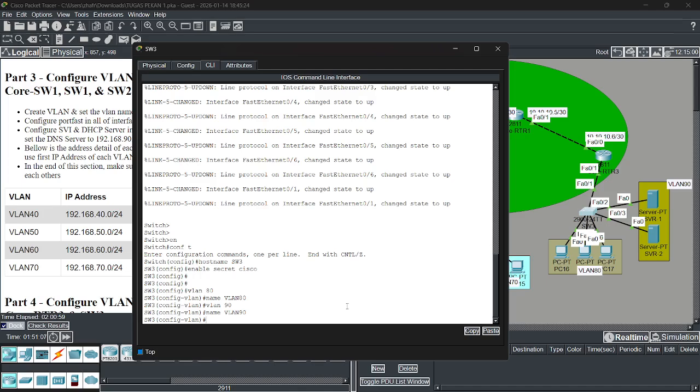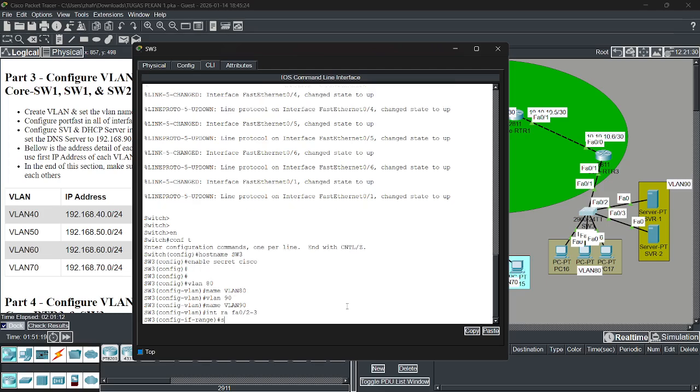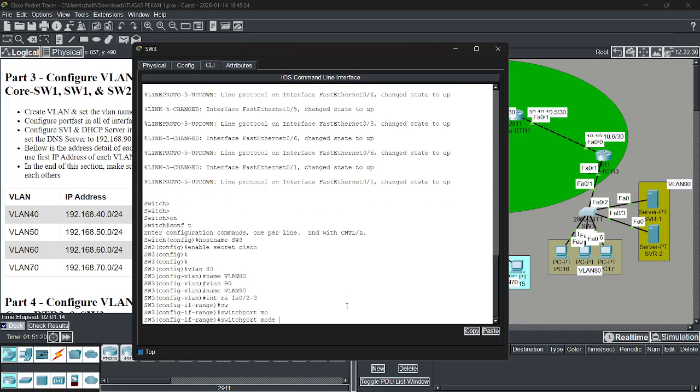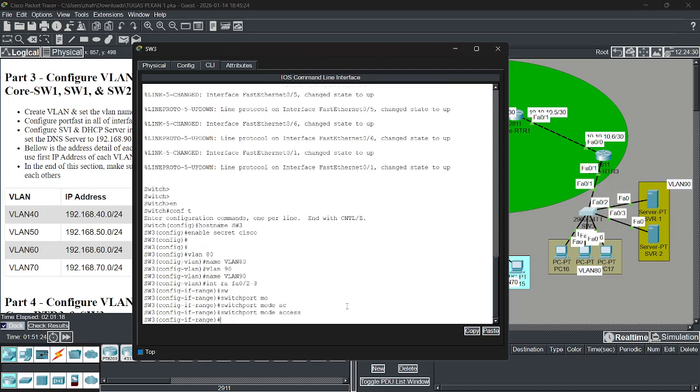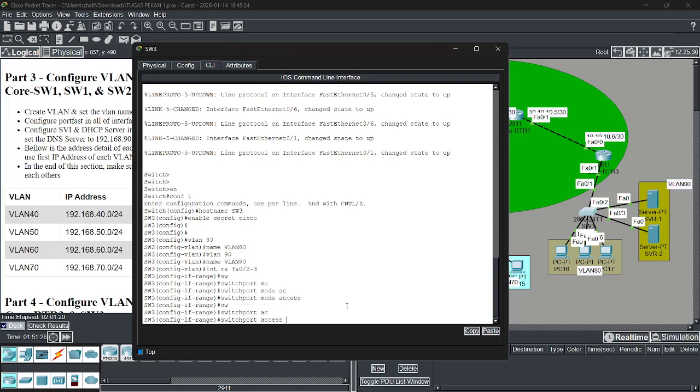We go to interface range FA0/2-3, switchport mode access, switchport access VLAN 90.